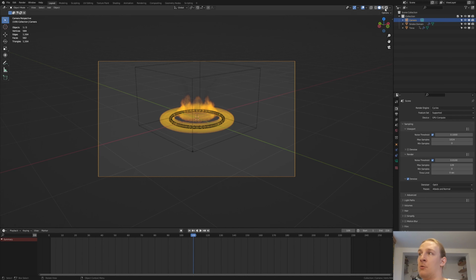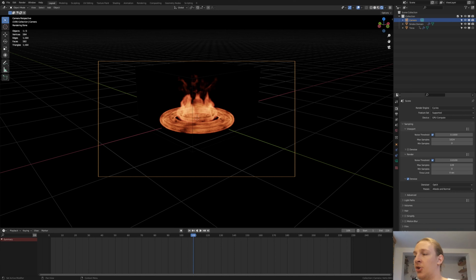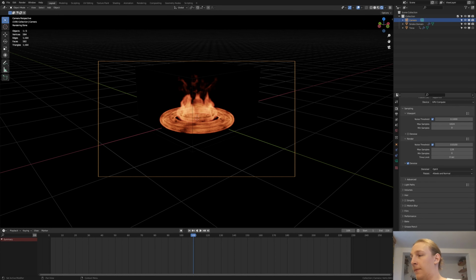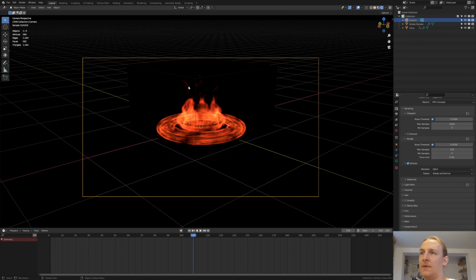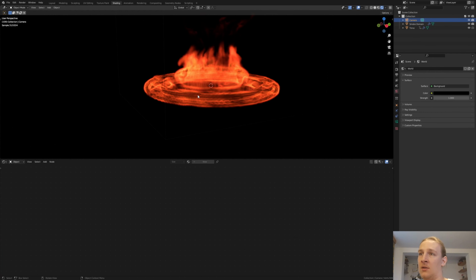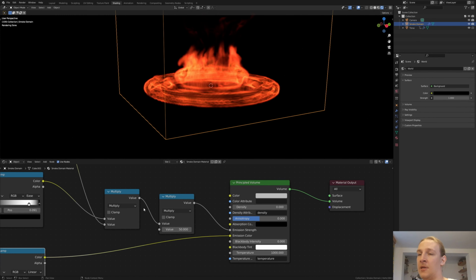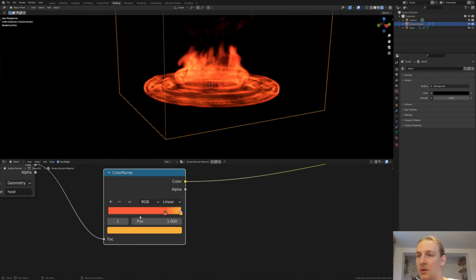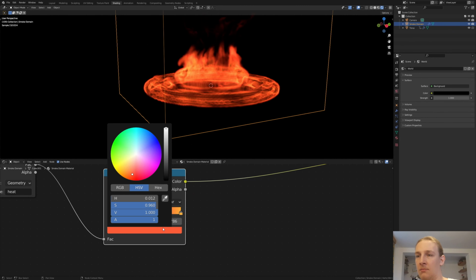Now let's go to rendered view, and under color management, go to view transform and set it to standard and the look to high contrast. Exposure to -1, and I think it's a little too red now, so let's go to shading and change that. Select the domain